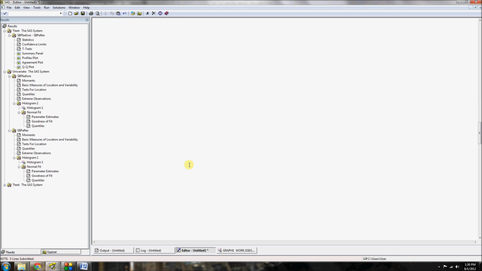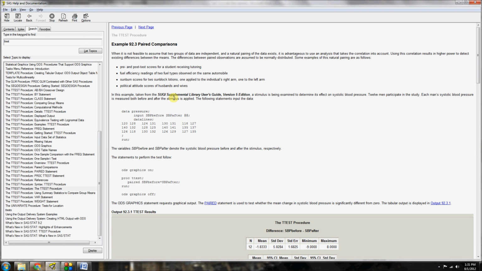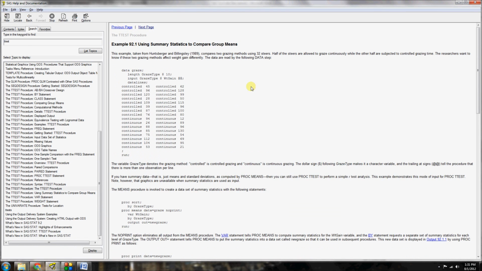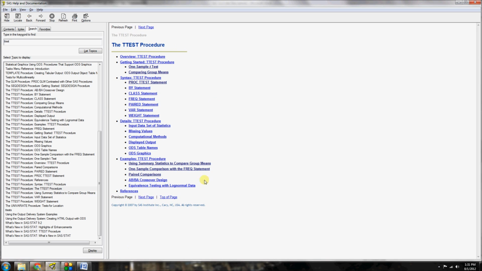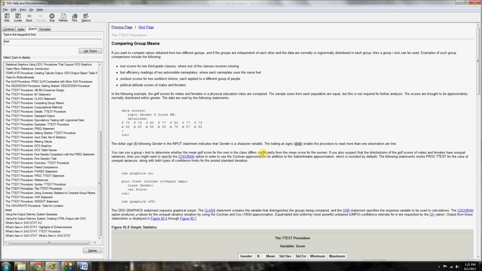Now you might be asking yourself, what about if I have independent data? I have data from two different subjects. For example, if we had some scores on some test for males and females, and we want to see are there any gender differences. So in this example, this of course comes from the SAS help manual again. I'm going to go back. I'll show you, here's the table of contents from the t-test procedure in the SAS help manual. I'm going to go here to this comparing group means option, and I'm going to show you the example that the SAS Institute has provided for you